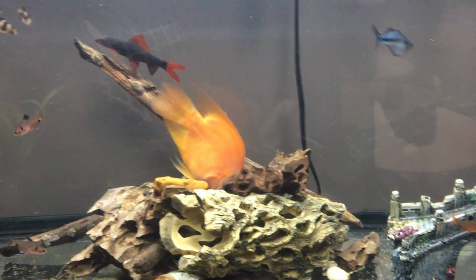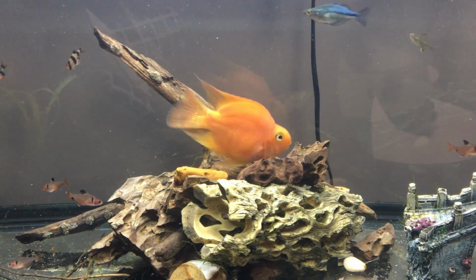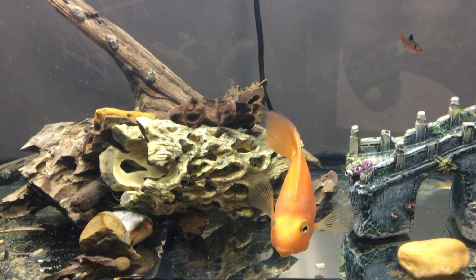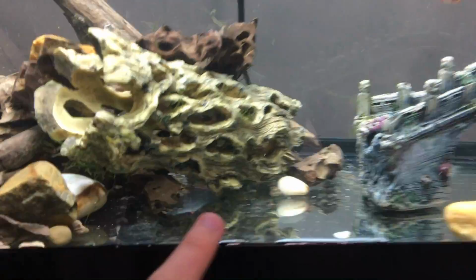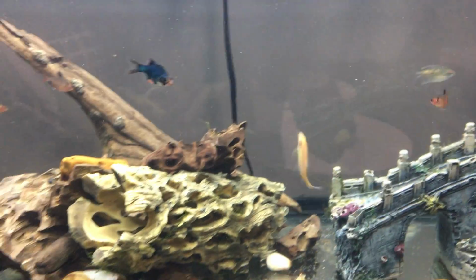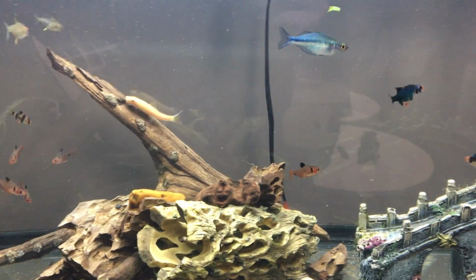And Pumpkin Spice had more moves because at one point he was being babysat by my local fish store, and I'm glad. And Roose Bolton the same. Pumpkin Spice being my parrot cichlid, and Roose Bolton being my shark. He's somewhere. He's going to show up. He's not really skittish. But yeah,